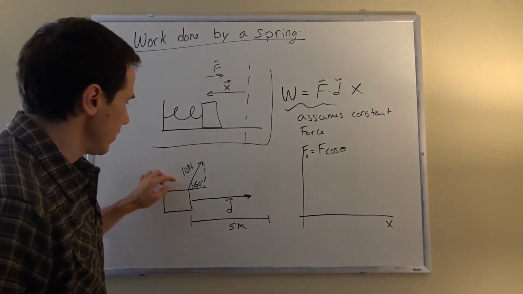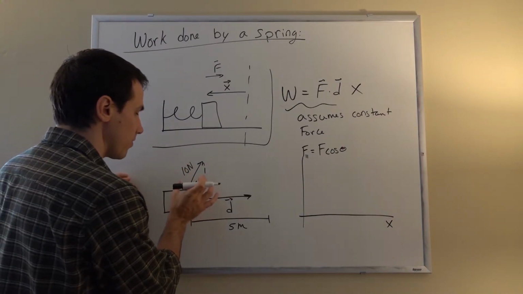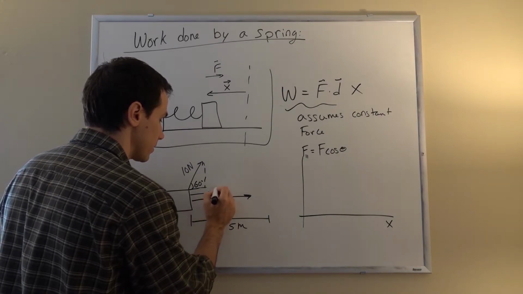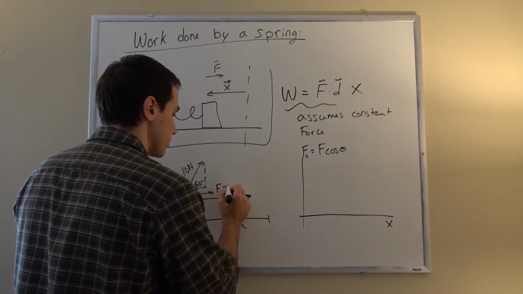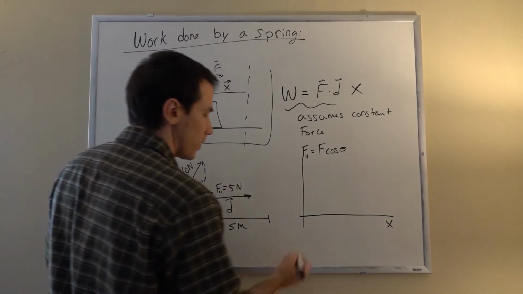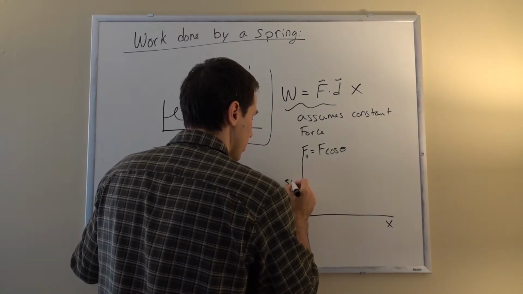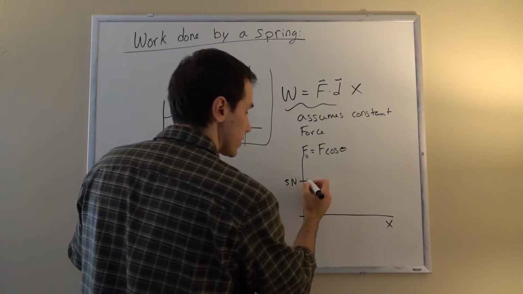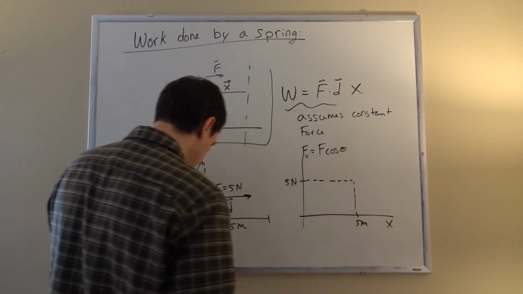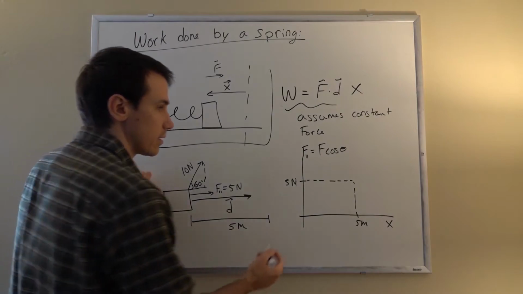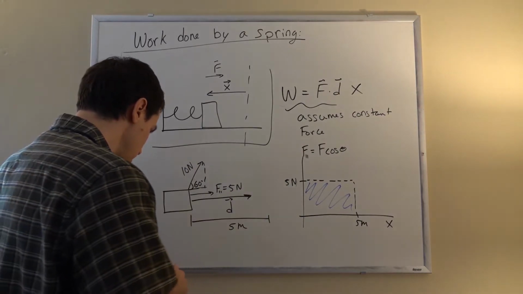So 10 times the cosine of 60 is 5 newtons, which means that the component of this force that actually points parallel to the displacement is going to be 5 newtons. So we can have a 5 Newton force. It is a constant force that is applied continuously for 5 meters. And what you should notice is that this area here